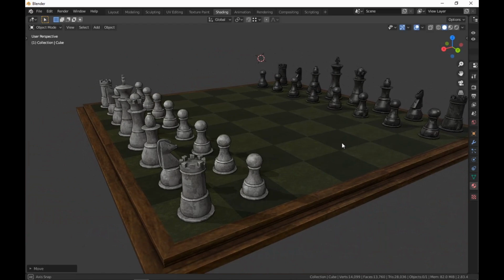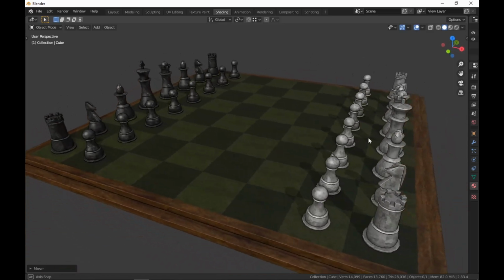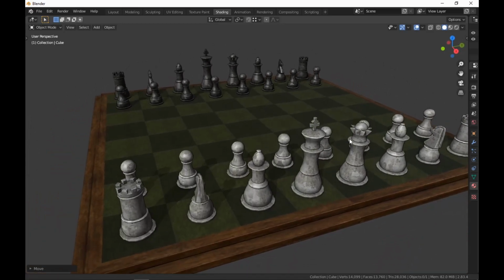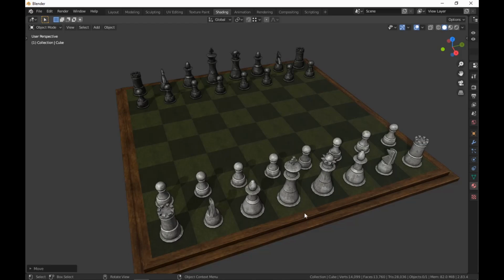And there we have our chess set. Let's shift, go away cursor. You're not meant to be on the screen. There we have a 3D chess set. I do believe that's the right way round. Yeah, I'm pretty sure it is, because the white king goes on the lighter space and the black king goes on the darker space. So the kings should always face one another, as should the queens. And then it goes bishop, knight, rook,